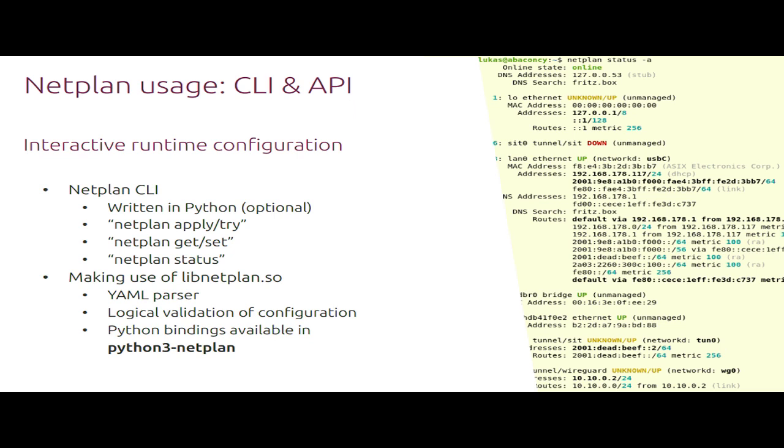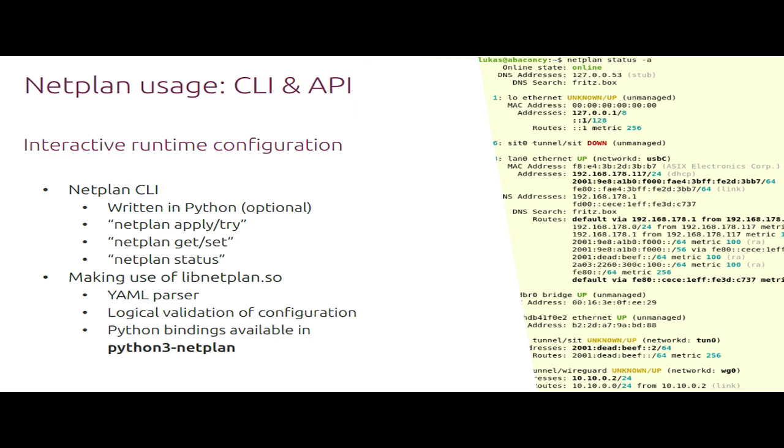And the CLI is meant to be used at runtime, so it has some subcommands like netplan apply or netplan try. When you change your YAML input to Netplan on disk, you can run netplan apply to put your system into that desired networking state without needing to reboot the system every time, right? We also have the netplan get and set commands, which help you to modify the YAML files on disk or read them in a programmatic way, for example, using shell scripts.